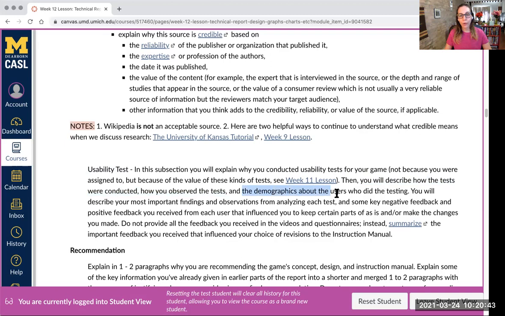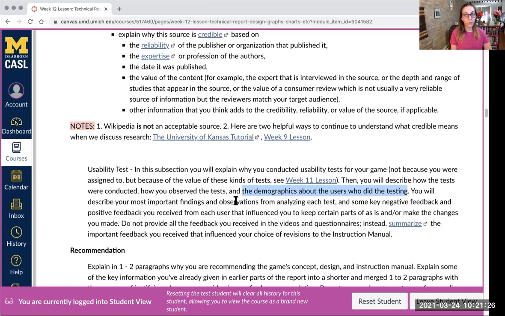You also want to briefly explain the demographics about the users who did the testing. You're not going to include their names. You don't want to identify anybody because of privacy reasons in general when you're doing these kinds of tests and writing about them. But you already know some of the demographic information about your users, and you can ask them for additional information if they feel comfortable sharing it, which, like I said, would not be their name, but it could be their year at the university, if they're a sophomore, freshman, what their specific major is, mechanical engineering or so forth, and what their age is, what their gender is. And that also might be helpful